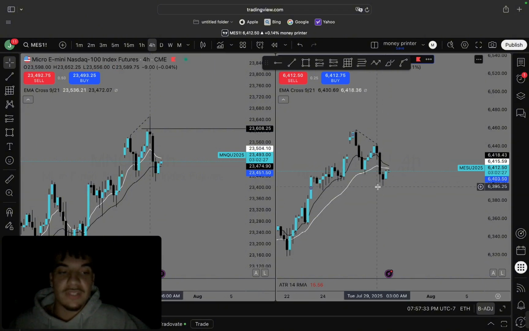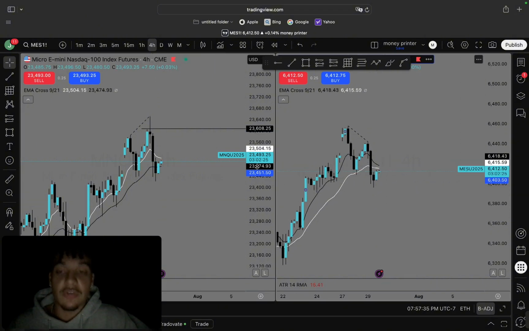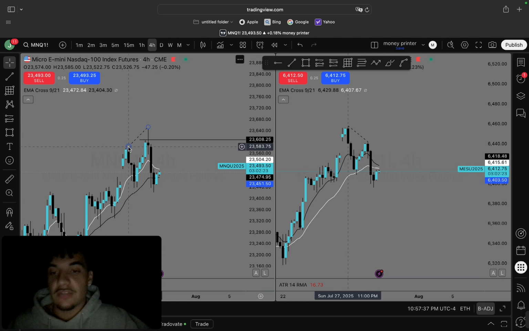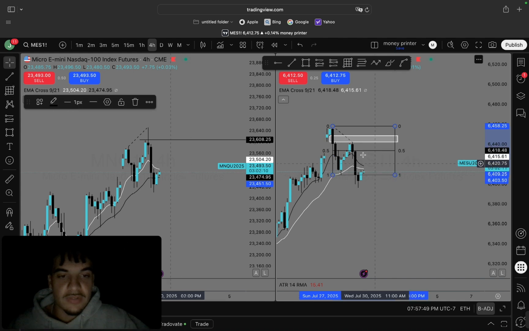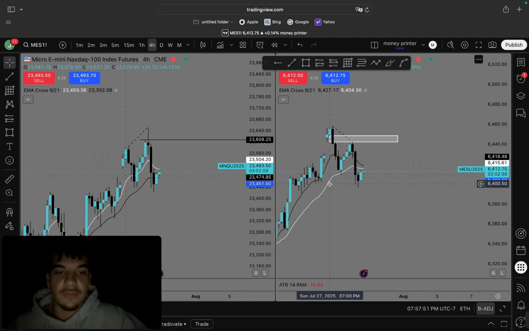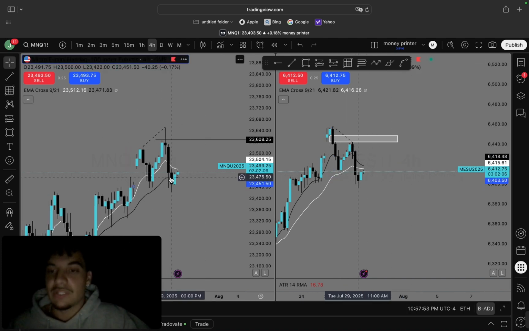As well as we see that we put in an SMT at the highs. We put in a really, really big SMT. You can see NQ takes this high when ES does not take this high. I also see that ES just barely taps into this fair value gap as well as we take our equilibrium, so you can see that we are in premium, we're trading in premium price. I'm expecting a delivery to the downside.